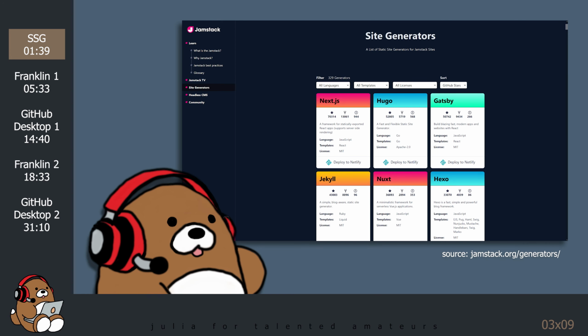In order to address these issues, there's been an increase in the use of something called static site generators, or SSGs, in the past few years. SSGs fall somewhere in between static websites and dynamic websites. They offer some of the benefits of static websites while also including some of the benefits of dynamic websites. Some of the advantages of using an SSG are that the websites that they generate are fast, cheap, and secure.